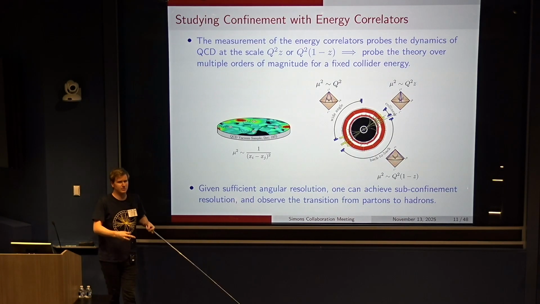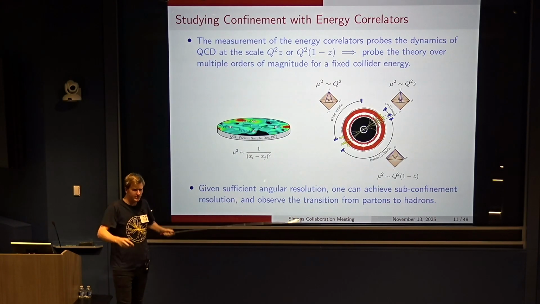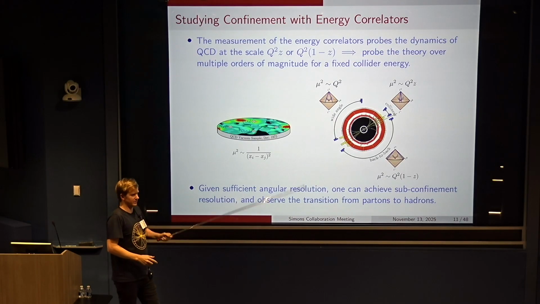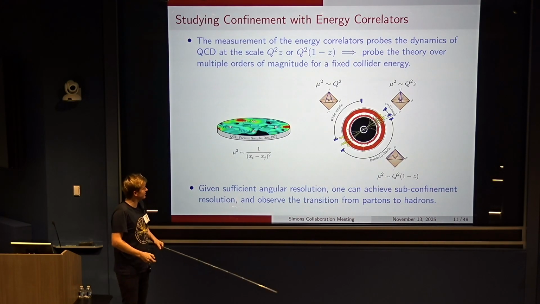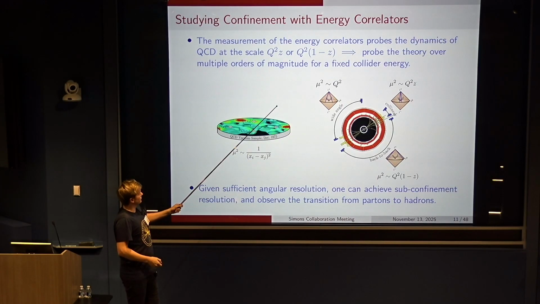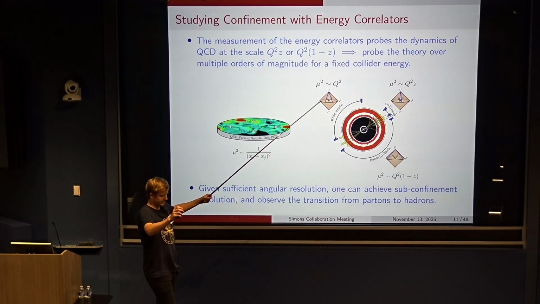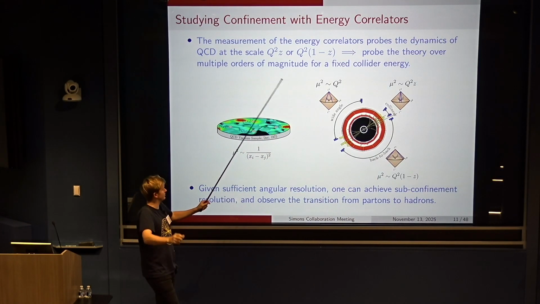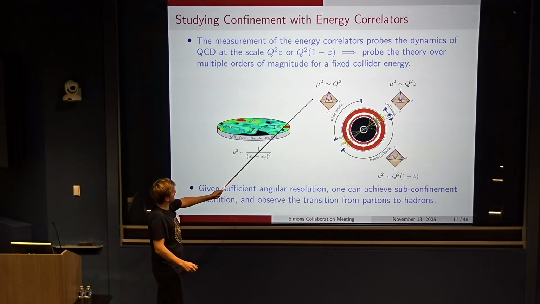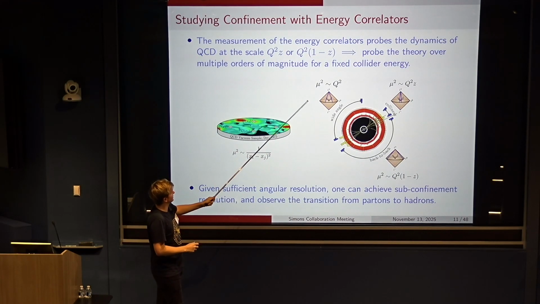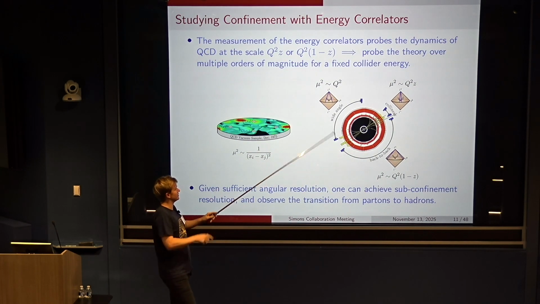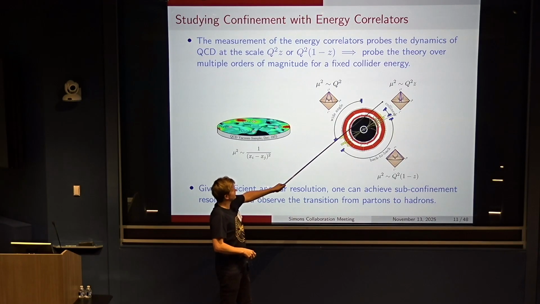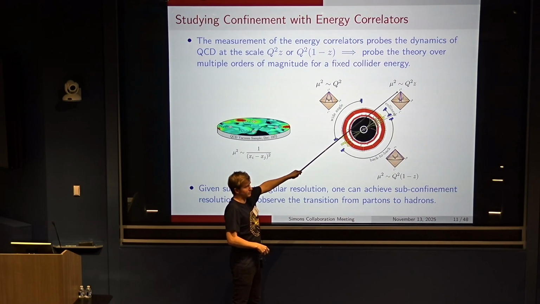And so because these observables or the detectors are placed at infinity, you essentially flip this relation. And so this is actually very nice, or this can be viewed as advantageous, because the scale that you're probing is actually dependent on the angle between the two detectors. And if they're at some generic angle, just for example 90 degrees, where z is generic, you're really probing the scale at q squared, which is related to your question. But as you bring the detectors together, as z becomes small, you actually probe the infrared of your theory, and you're probing a scale q squared times z.